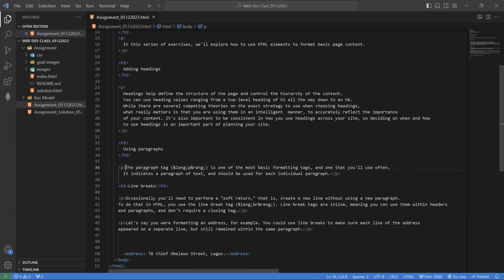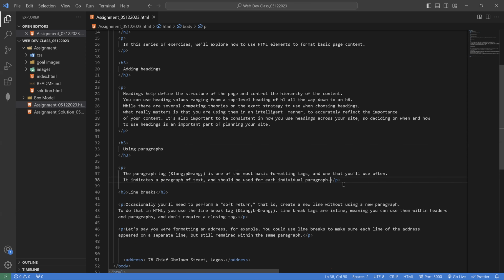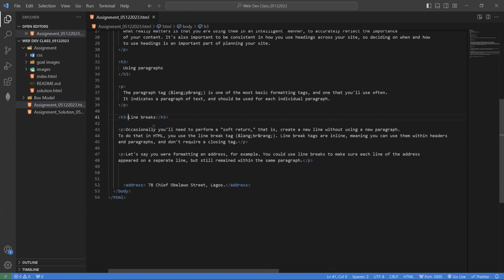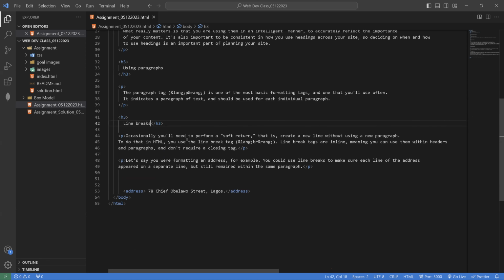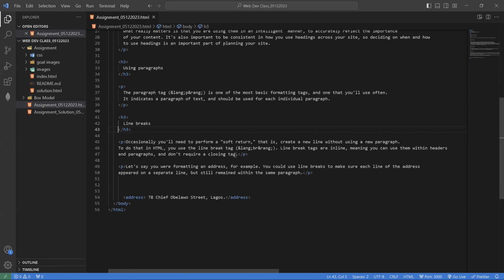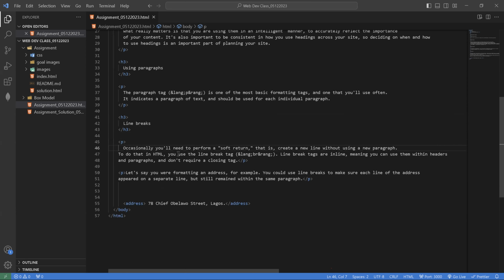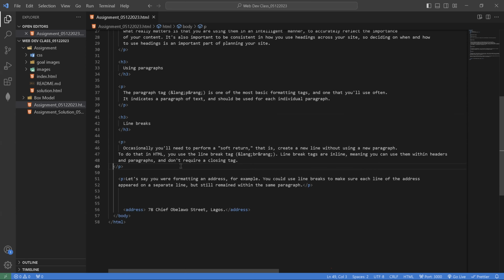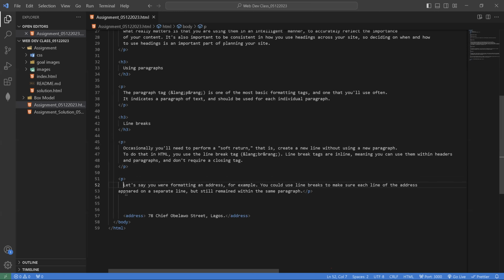Then the P tag also, I want this one down there, the line break. So the H3 tag, then the P tag also go down. Then this one I will take in, then push this one in like that. So the P opening is in sync with its closing tag. Similarly, this I will take in,